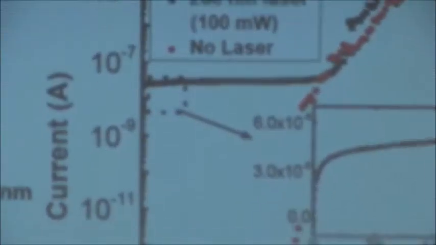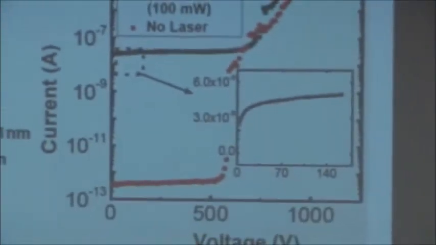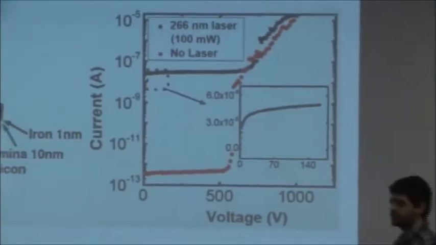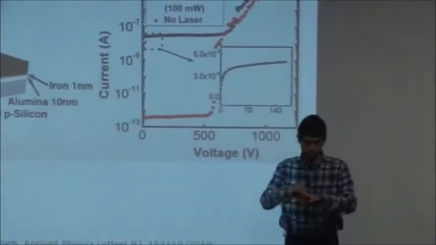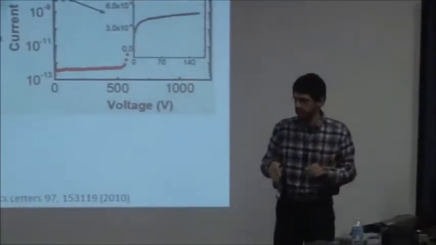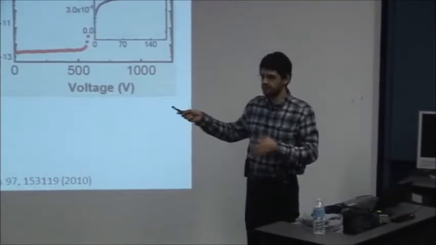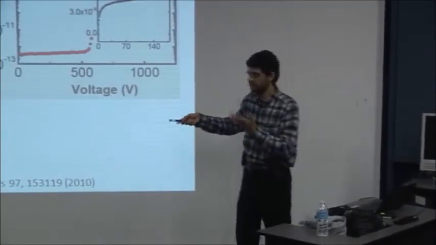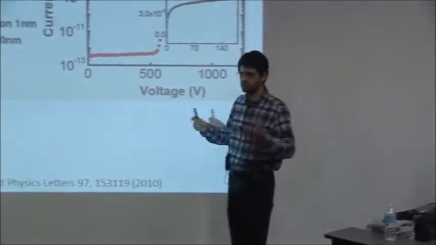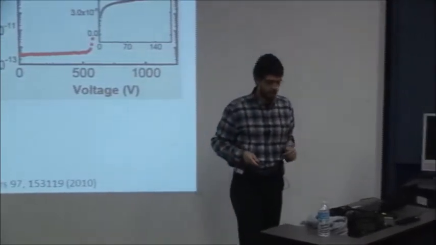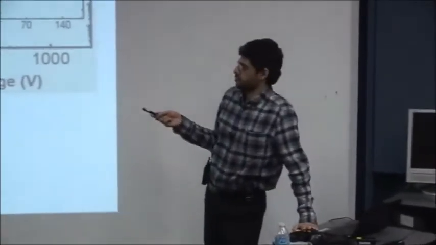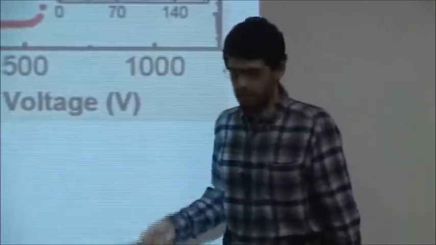And this was interesting because there was some previous work where people had done this with a mat of randomly oriented nanotubes, not aligned. And they had seen a lot less current coming out. So this in itself was interesting that, with changing the structure and the density of this array, you could get more current. But there was no mystery in this. This is the photoelectric effect that Einstein described 100 years ago.